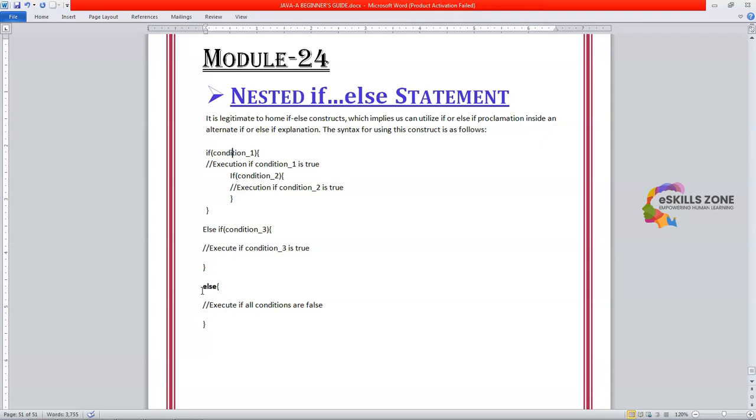This is used to check if condition 1 is true, and this one is used to check if condition 2 is true. Then the statement will be executed over here. You can see the first one is condition 1. This if is going to check the condition first. If this condition becomes true, then it will execute, and if condition 2, the nested if under this if construct, becomes true,